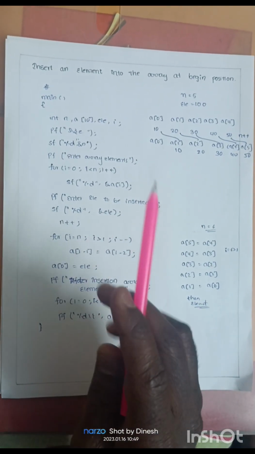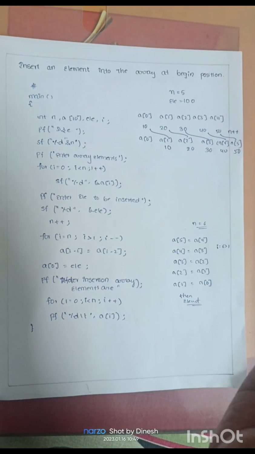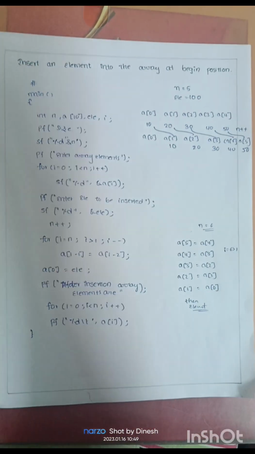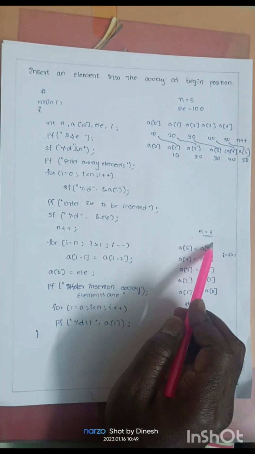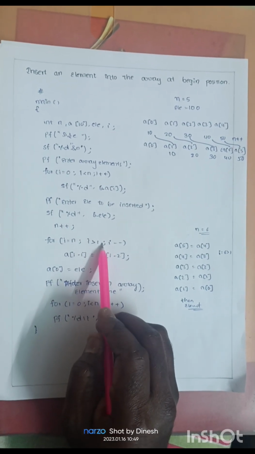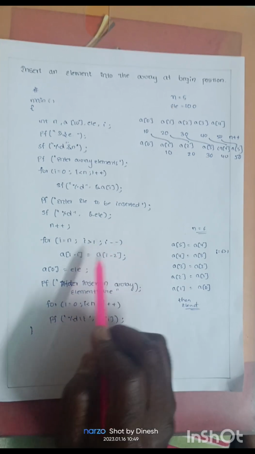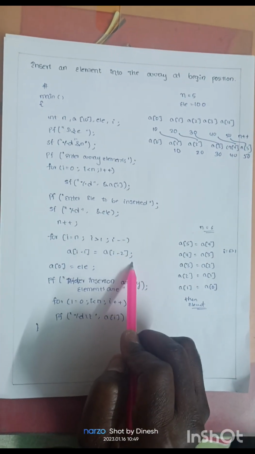Now we have to shift the elements from one location to the next: for I equals to n, where n is the size of the array, n equals to 6, I equals to 6, I greater than 1, I minus minus. Here the logic is a of I minus 1 equals to a of I minus 2,